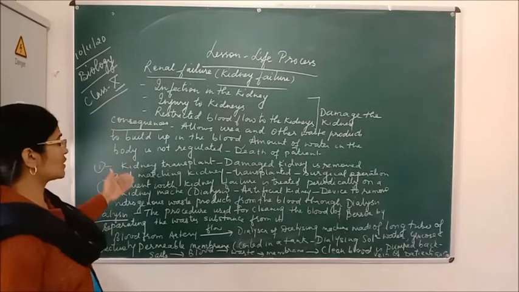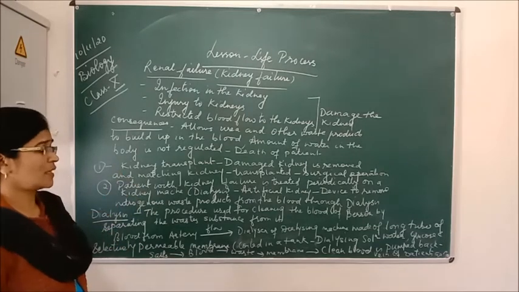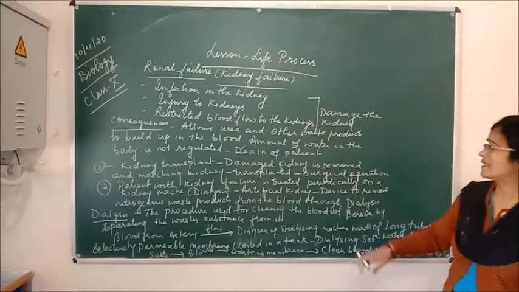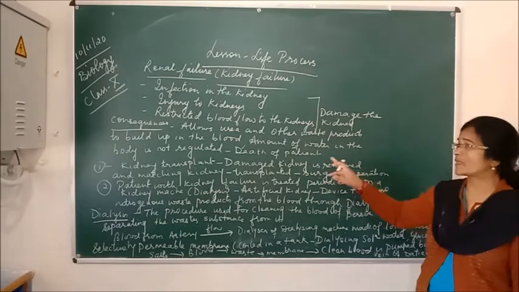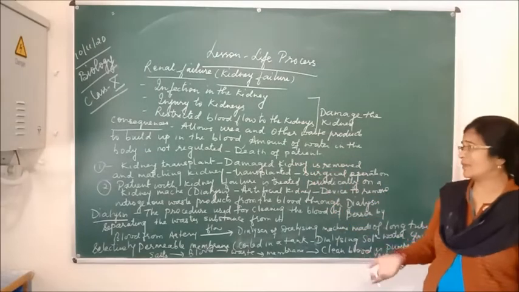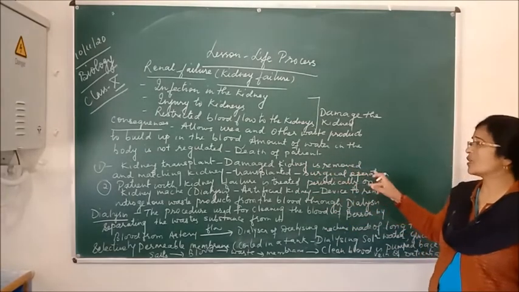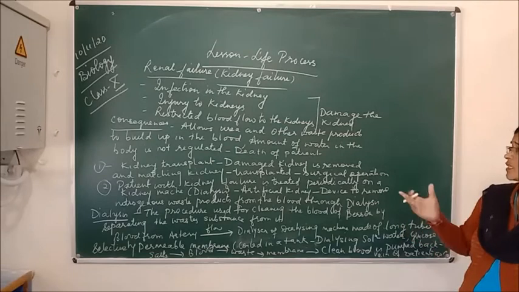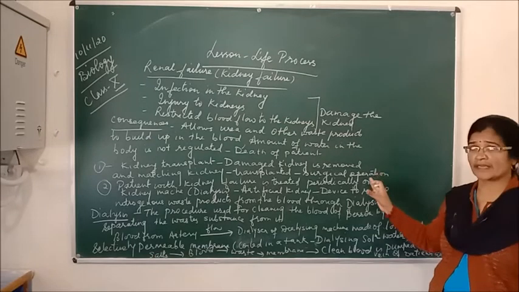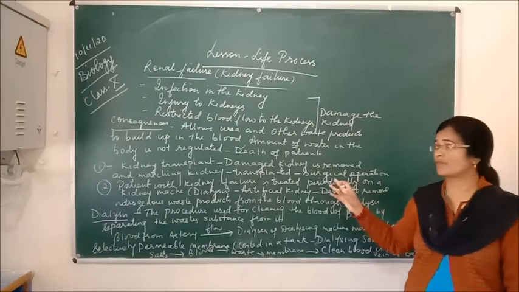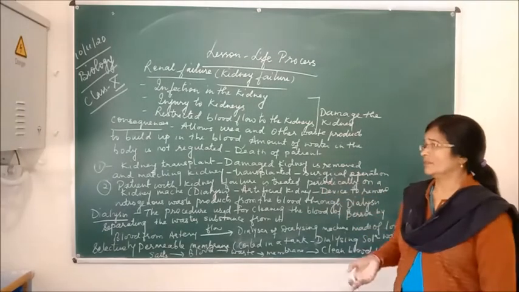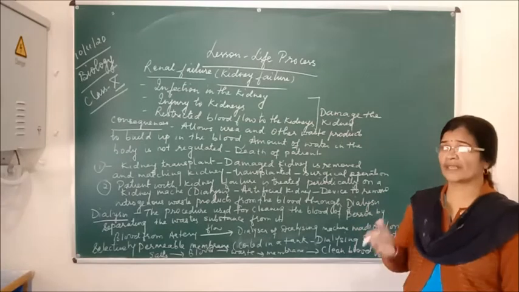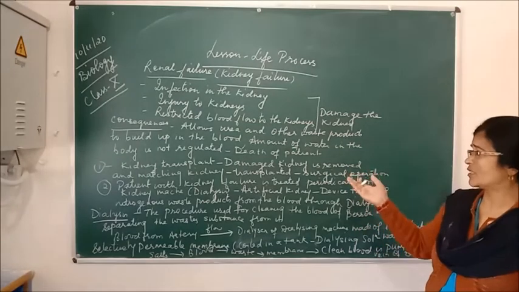There are two main solutions. First is the kidney transplant. What do we do in kidney transplantation? In the kidney transplantation process, the damaged kidney is removed, and a matching kidney donated by some healthy person is transplanted through surgical operation. When the active kidney is transplanted through surgical operation, the kidney works properly and the patient can survive. So in this way a person can survive by kidney transplantation, but whoever is the donor, their kidney should be matched with the patient's blood.